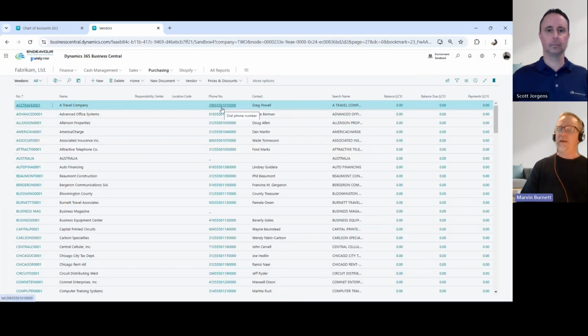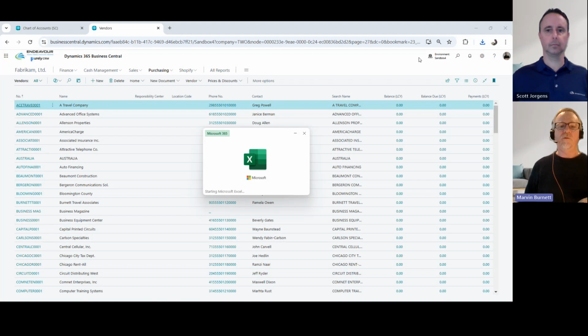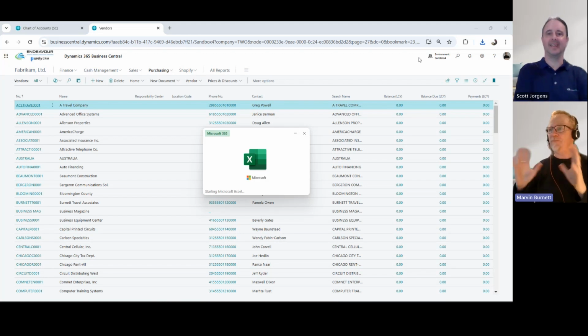Now, looking at this, we've done this a number of times migrating over. We'll actually do little things to make life easy. So inside here, we can go share and just either open in Excel or edit in Excel. Something as simple as edit in Excel is going to give us the opportunity to clean this up. So if I just open up this vendor card, and I'm trying to speak quickly, Scott, I know you want me to keep to a couple minutes, but